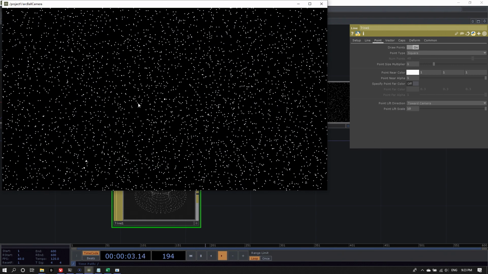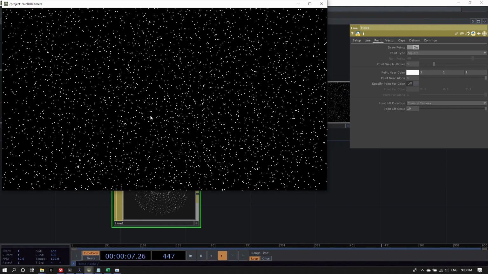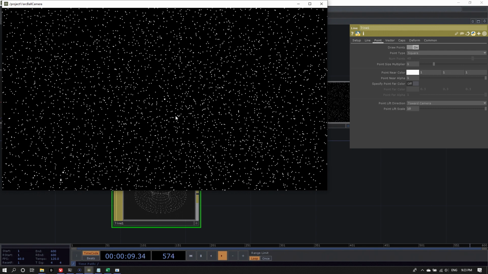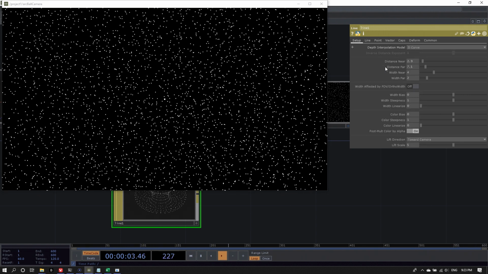The other option for the line material is that points that are closer to the camera can have a different size than the points that are further away from the camera. And choosing the size is done on the setup page of the line materials parameters.